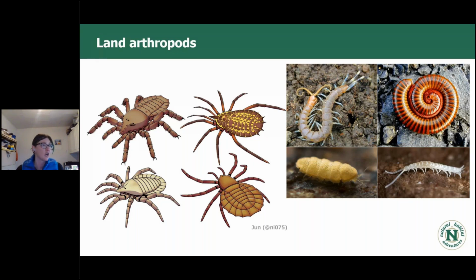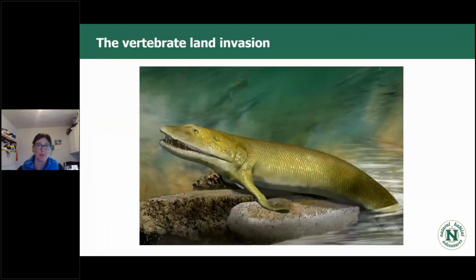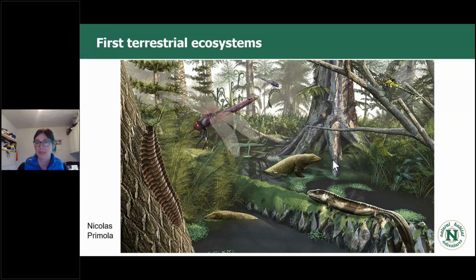So we had early spiders, we had early millipedes and centipedes, and we had, as we've said before, vertebrates just starting to take their first shuffling steps onto land as well, giving us those first terrestrial ecosystems,